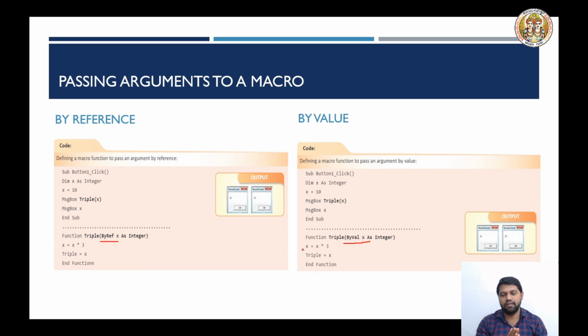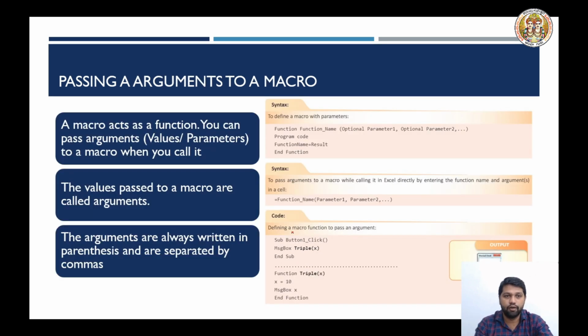You will come to know the difference while using these functions practically, by reference or by value. These are the basic things to create the macro functions. Based on that, next we are going to create a sorting function, or sort the data, and we can create the new function also. Directly we can call it and it will be executed easily. Let us see how to pass the arguments to a macro.